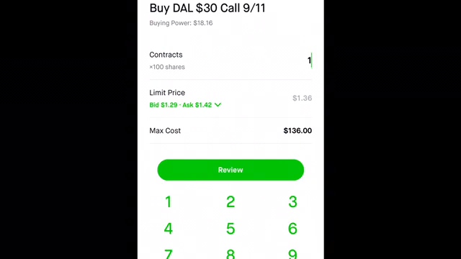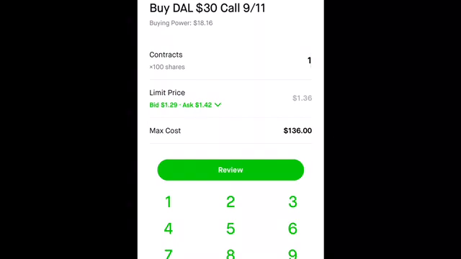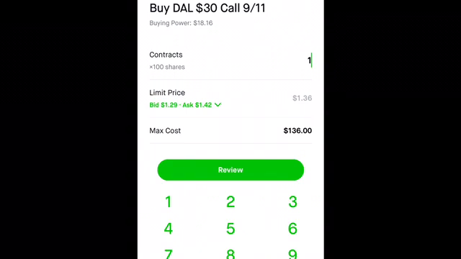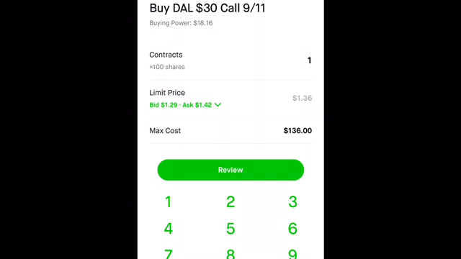And the last thing I want to talk about with calls, guys, is implied volatility. So what does that mean? Essentially, when you're playing calls on earnings dates or when a stock has big news, you'll notice that the price of the contracts are super, super expensive. And this is the reason why people don't like to play calls or puts during earnings, because if you call it wrong, essentially, if this contract was $136, it's most likely going to be like $8 the next day,